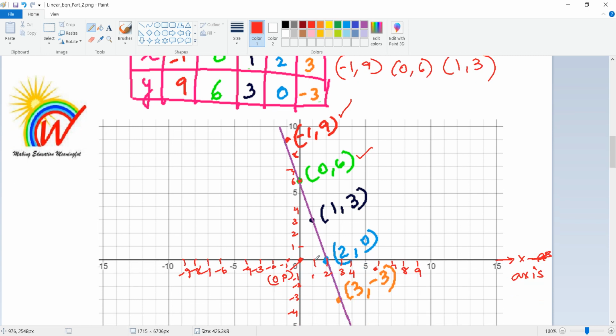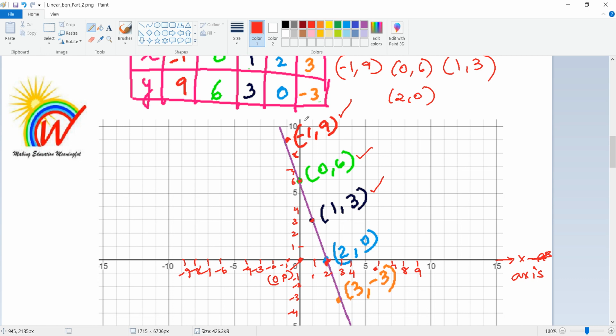You go to the 1 only, on the same line you keep going up to 3. So 3 is over here. So 1 comma 3. Then you have 2 comma 0. So 2 on the x-axis and 0 on the y-axis, so it's the same point. You don't have to move up or down, right? 0 on the y-axis lies on the x-axis itself. So 2 comma 0 lies on the x-axis itself.